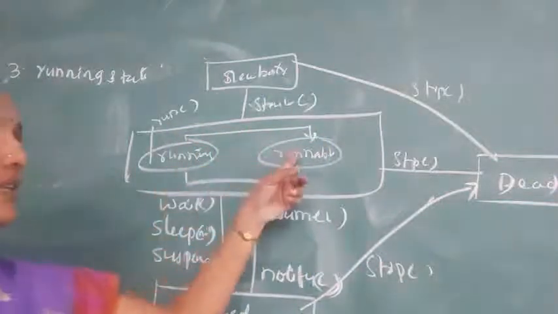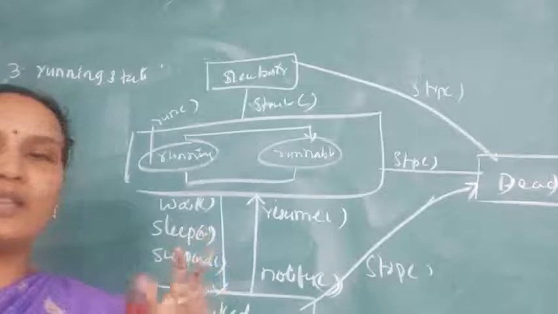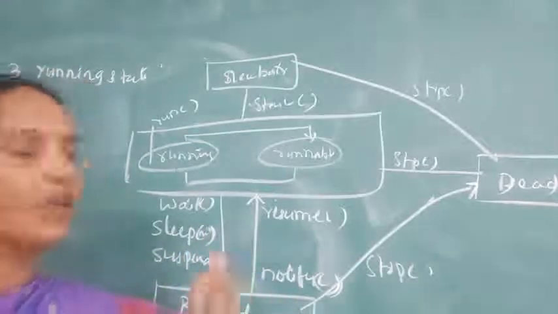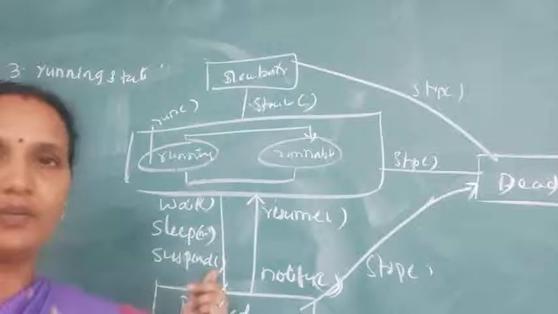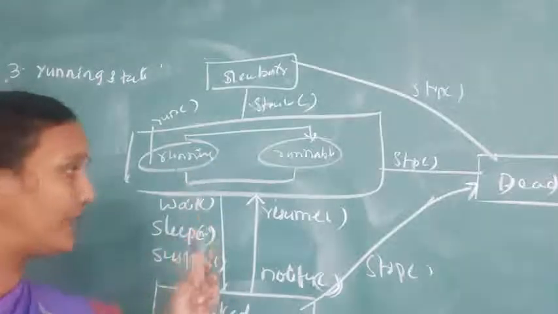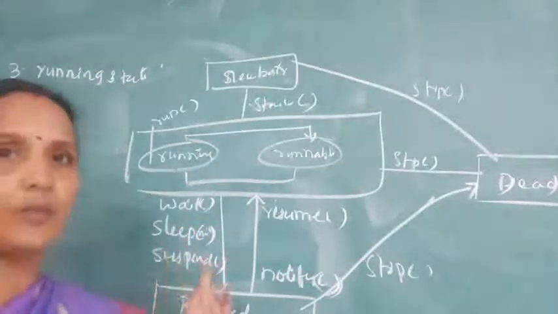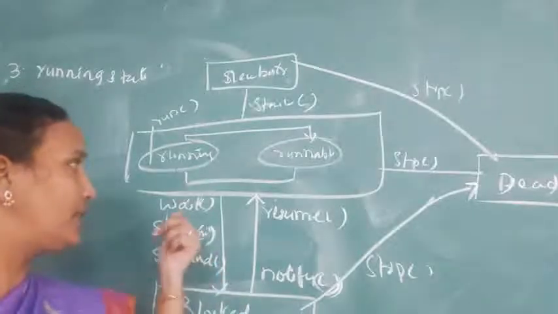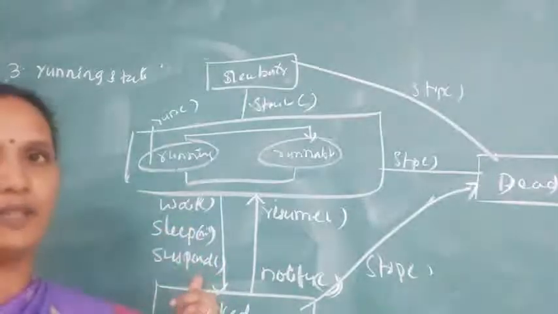This is one reason, and another reason is if you are unconditionally forcing the thread to wait for some time, you can suspend the thread. Okay, these are the different methods which make the thread block for some time. You can give the sleep method, wait method and suspend method.